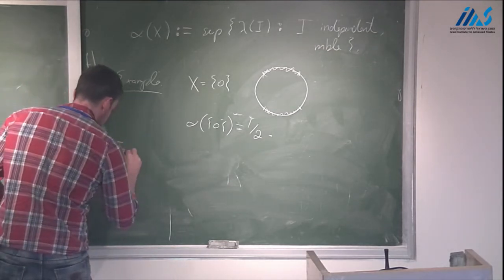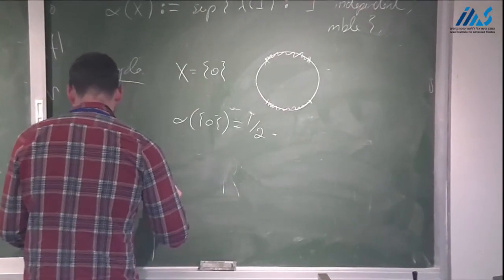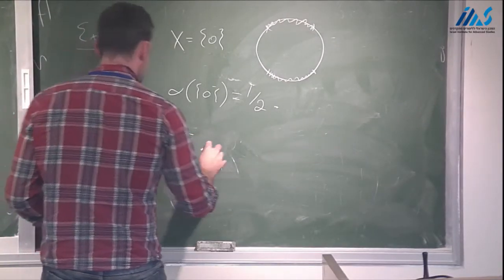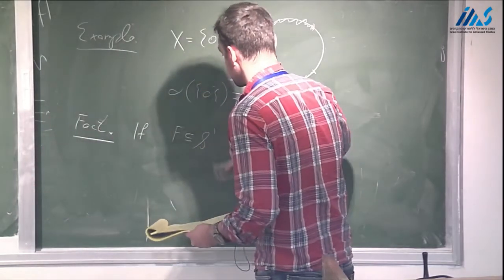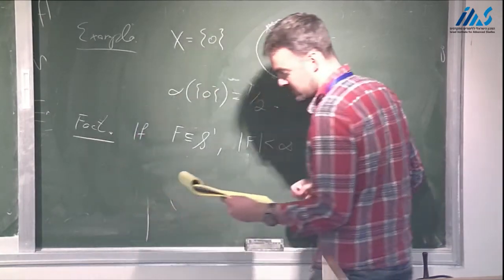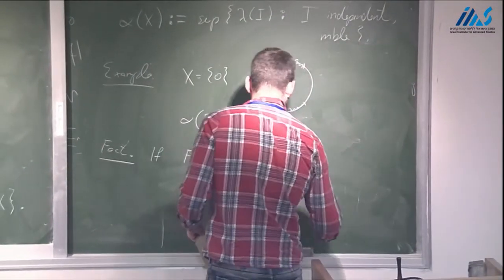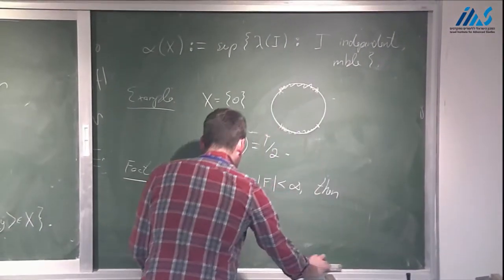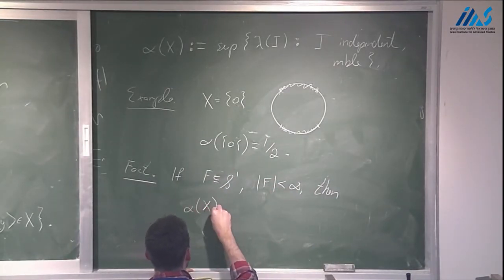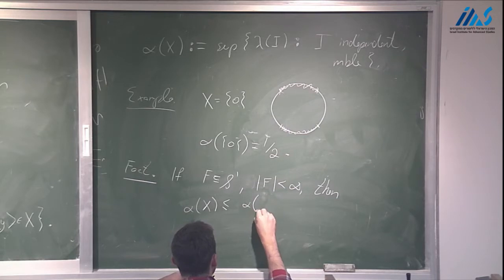It's a fact that if I take some finite subset of the circle, then alpha of X will be no more than the independence number